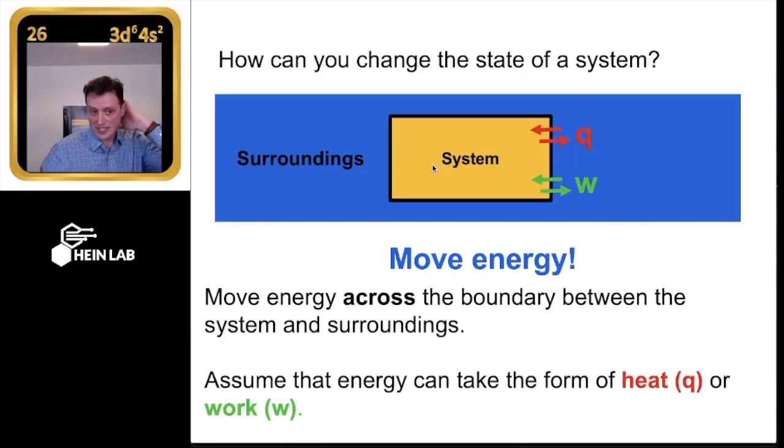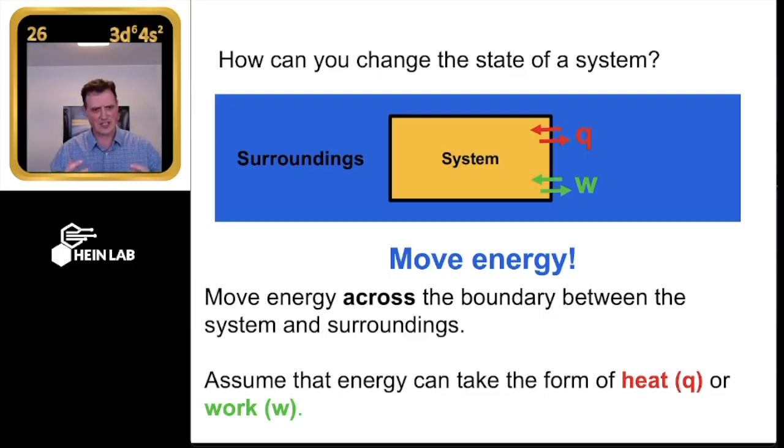So what we're going to say is all of our systems for thermodynamics are going to be perturbed by moving energy, not matter, meaning we're dealing with closed systems primarily, right? There are two different currencies of energy we can use. Heat is one we've talked about a lot. The second concept is work. So heat and work are my only two handles that I can use to change the energy inside a system.